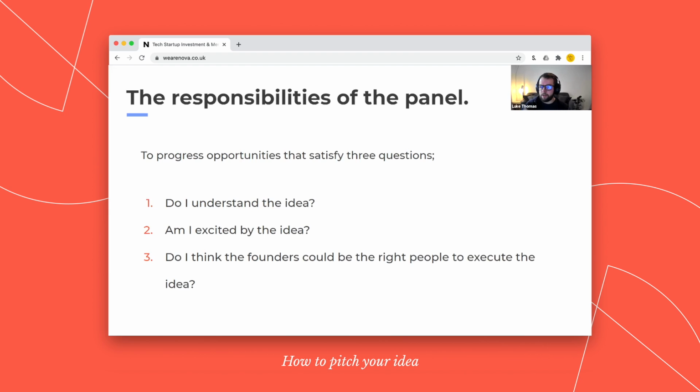So, do I understand the idea? Spend a minute making sure that you are articulating very clearly what it is. Don't try to sell it, just say what it is. Then you can go into detail about the good bits and the bad bits. And then finally explain why you or your team are the right people to execute this, based on your background, etc. We're going to go through each of these 3 points in detail, with the best tips for how to structure your pitch this way.